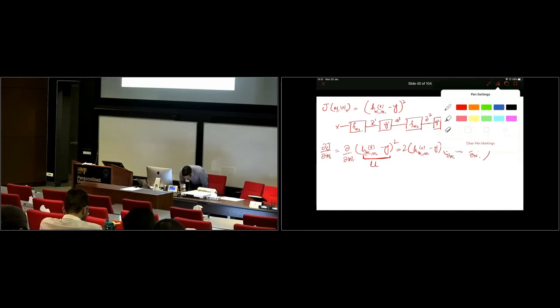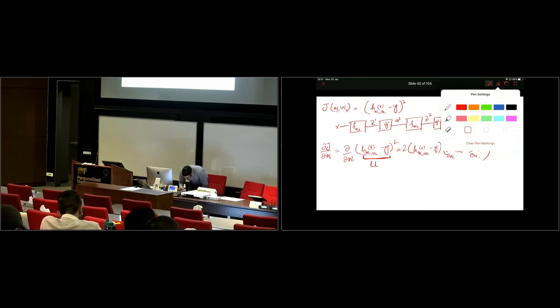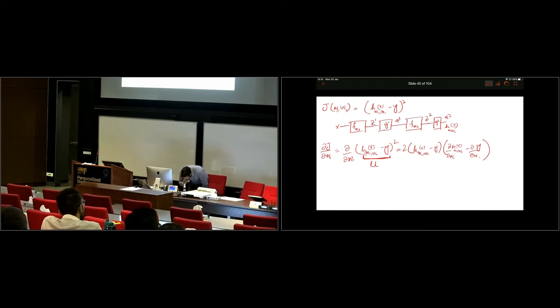So if I write it formally, it would be something like this. Let's say I have to find the derivative of u square, where u is a function of w1, with respect to w1.